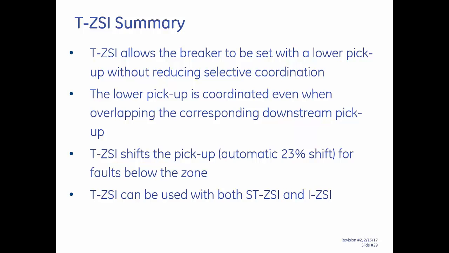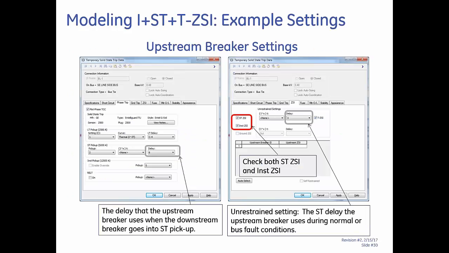I did see a question come up about what are the units for delay 3 and delay 6. In these particular trip units, there are no units associated with it. You would have to look in the breaker documentation and see what the associated clearing time is. You can certainly go to the time current curves in EasyPower, and you can see if I use the 3, go to the top of that band, and you can see what the clearing time is. All right, so now the final thing we're going to look at is combining all three: instantaneous, short time,